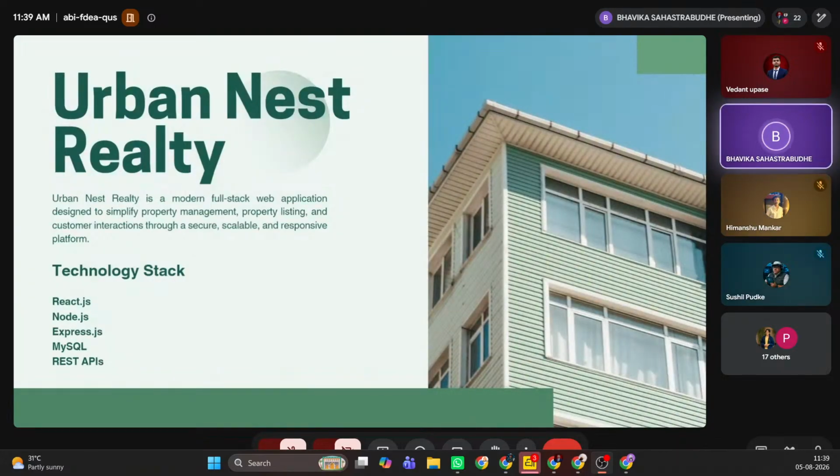Good morning, everyone. Today I am going to present our project Urban Next Plan. It is a full stack web application development for property management, property listing, and customer integration. The main objective of this project is to provide a secure, scalable, and user-friendly platform where users can easily buy,